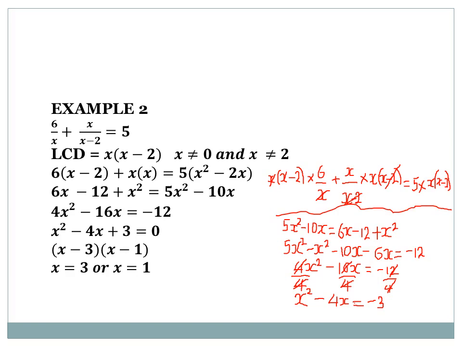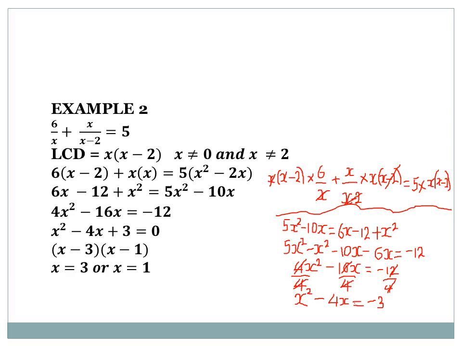but x can be negative 2 or any other number. Likewise, if we take x is equals to 0, the restriction says it mustn't be equals to 0. So now let's see how we can solve. First of all, we need to use the LCD to multiply what we have at the left and what we have at the right. So now we have